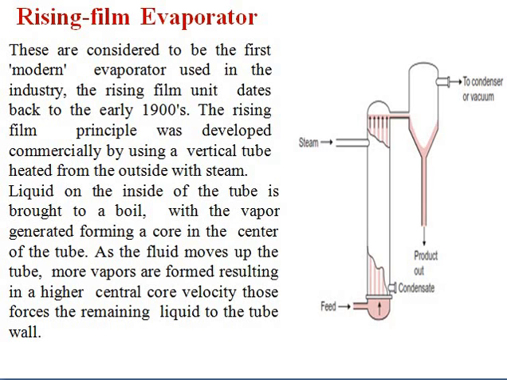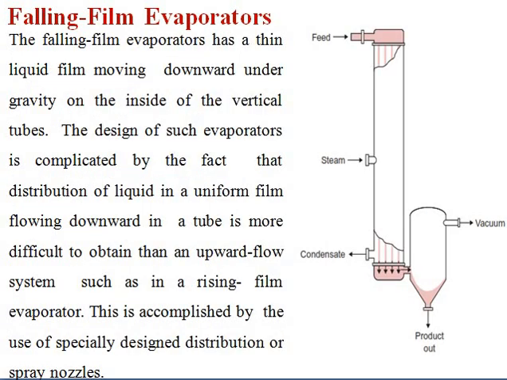Next we are going to move on to the falling film evaporator. As the rising film evaporator is there, like that the falling film evaporator will be there. The falling film evaporator works on the basis of gravitational force. We have to apply our feed, clear. We will provide our feed from this section, it will move downward, and steam will be injected from this section. With the help of gravitational force it moves, and in these separators the vapors will be separated as well as the concentrated food. So this one is the simplest. Basically the gravitational force is working here.